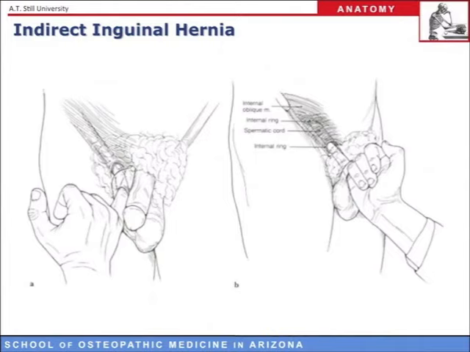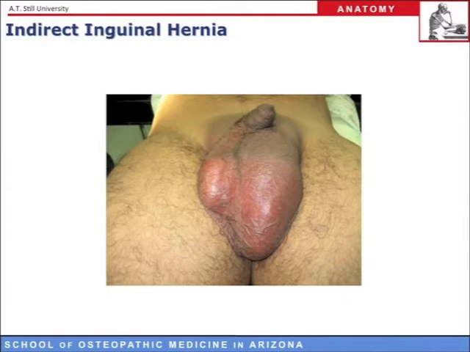And I suppose by now you've probably had some experience with testing for inguinal hernias in your med skills, and so I also want to bring up the fact that if a hernia goes all the way through the deep inguinal ring, the inguinal canal, and into the scrotum, it will look like this. Okay, here's your disclaimer of a graphic image coming up, but this is a case of an indirect inguinal hernia.